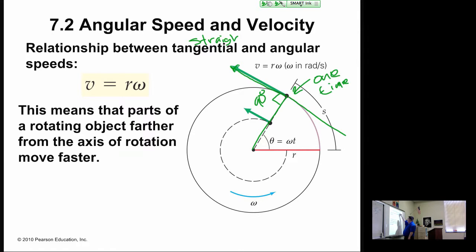And Newton said that's what objects prefer to travel in, right, is the straight path. And then the angular speeds are when it's on the curve. And so the angular speed or velocity is just going to be the radius of the circle times the angular